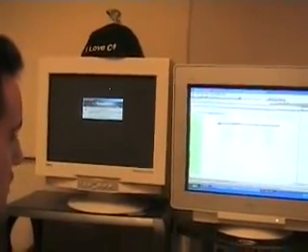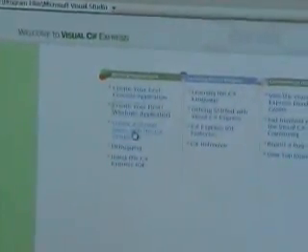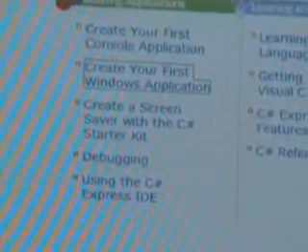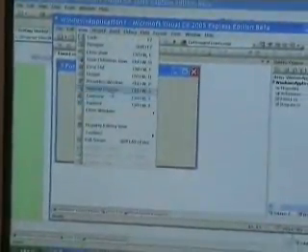We also have the same thing for a console application. So if you never created a console application, then we have the full screensaver with the C# Starter Kit. So what I'll do is just jump back to our Windows application and create our first app, and in this case,